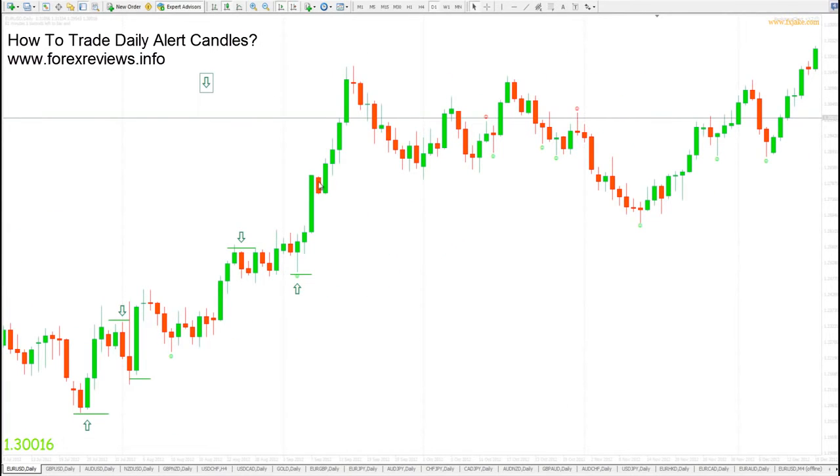Okay, so we ran this up to this alert candle. As you can see, like I said, I like to enter 9 pips below, and so see how it didn't go below here. We don't enter short because it didn't go below, so that protected us. We enter 9 pips below. Okay, so that was a fake